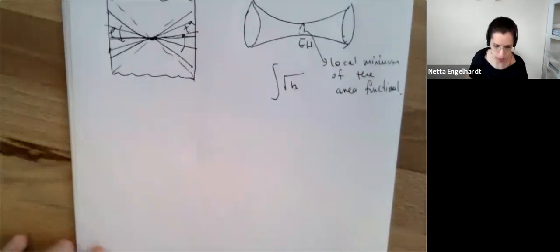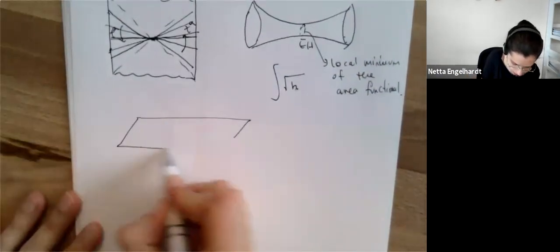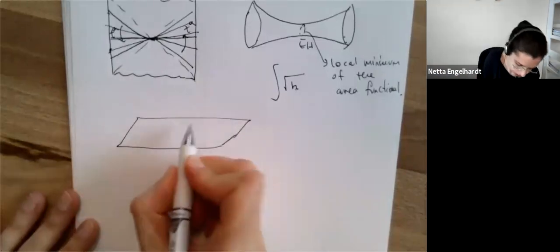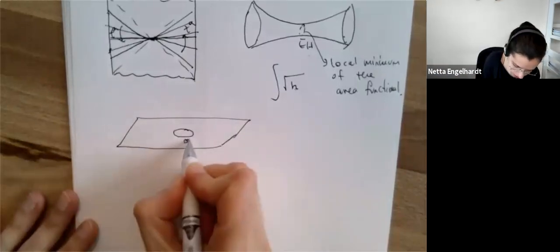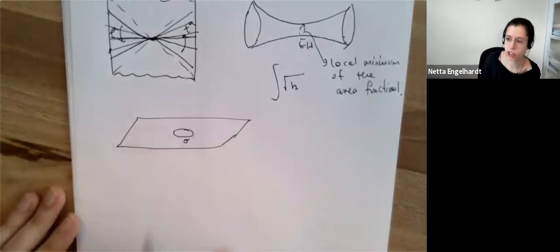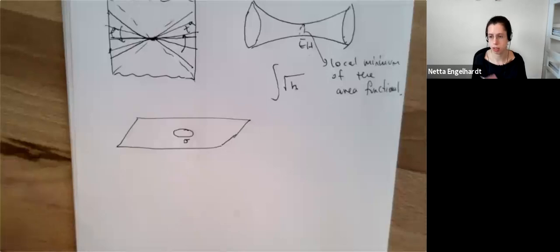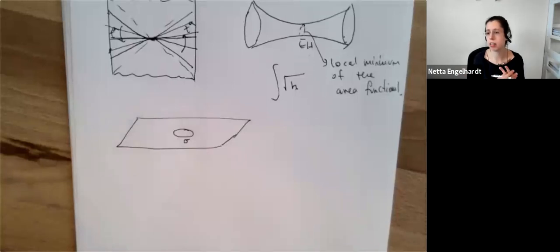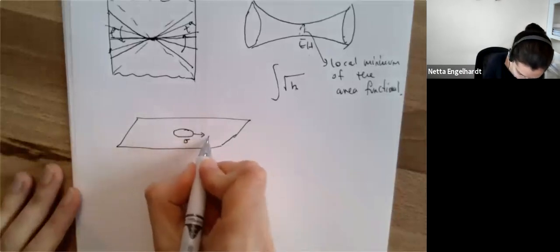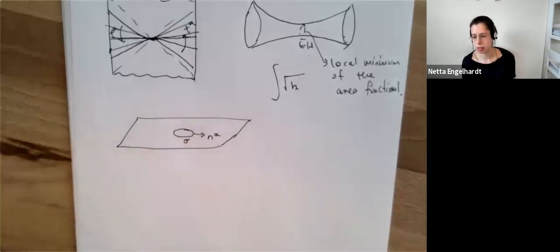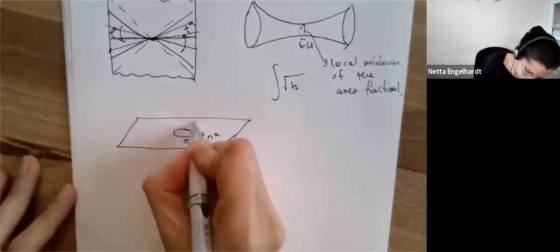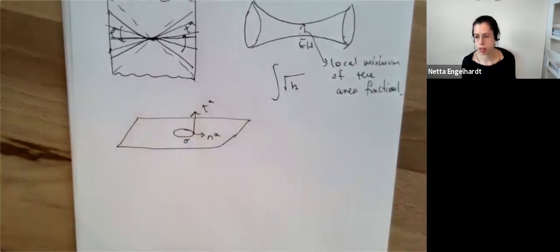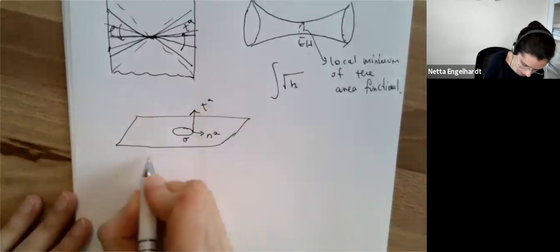I'm going to draw a somewhat more convenient Cauchy slice, but this is just for illustrative purposes. So suppose we have some Cauchy slice, and we have some surface sigma on it. Then sigma is codimension 2, or d minus 2 dimensional; use those interchangeably. That means that it's got two linearly independent normal vectors. And we can say, let's take one of them to lie on my Cauchy slice, and I can take the other to be the same as the one that's normal to the Cauchy slice. And that allows me then to write down an induced metric.